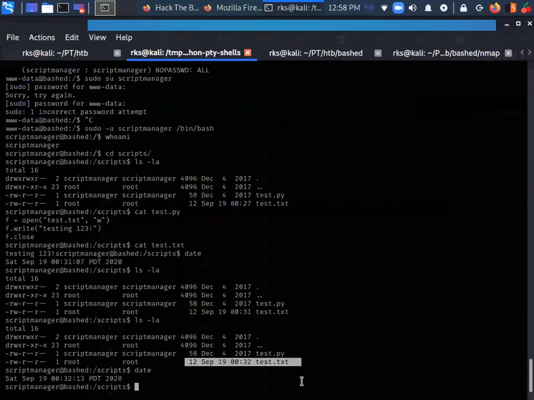What is going to happen? This Python file is going to be executed by the root user automatically every minute, and I'll get a root shell, right? So pretty simple. Let's do this thing.